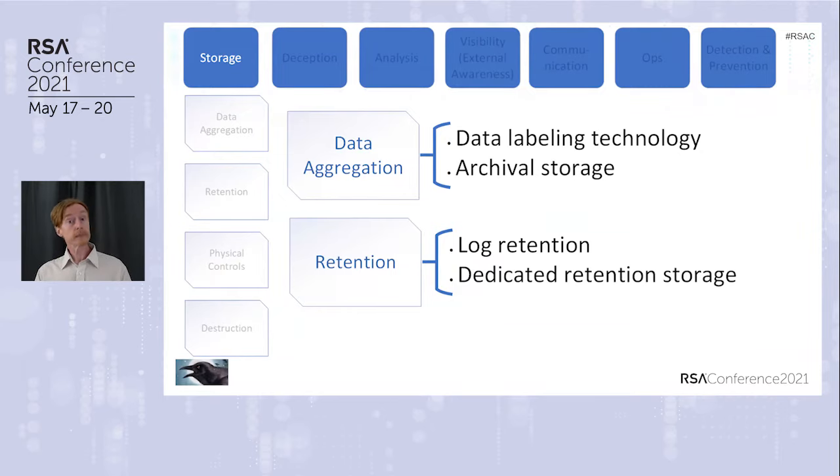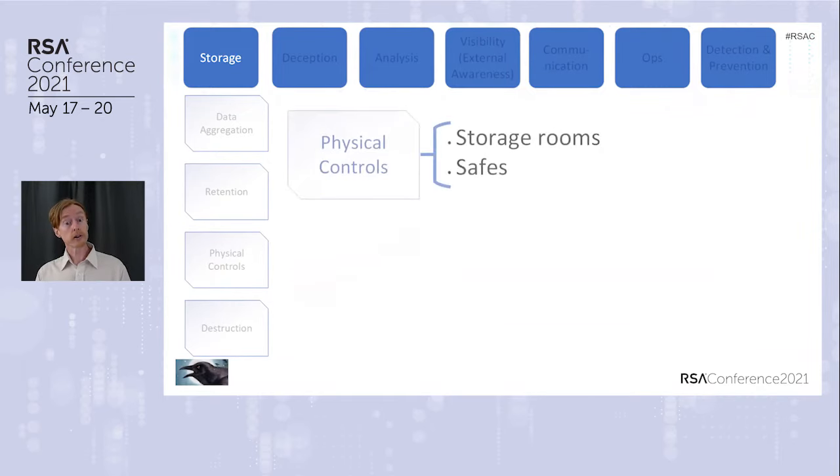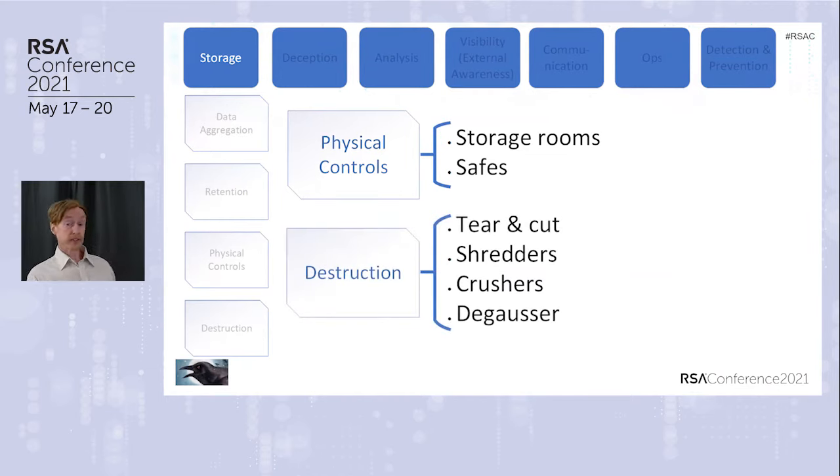Where you store that is something that you should consider, and have protection for those storage things. Since all of this is a physical construct, ultimately, we then need physical controls around where we're storing our data. These might be rooms that we have a key to. These might also be safes within our office, or the office might be in a safe, right?